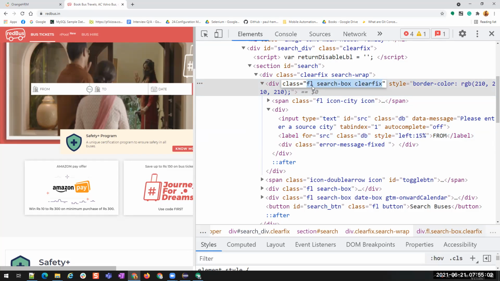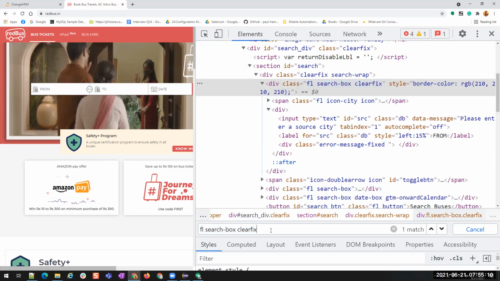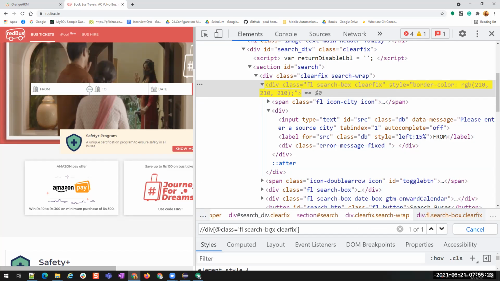Now I want to find an element using this class. Copying this, Control F. If it is XPath, then //div[@class='...'], with single quotes to represent everything, and then we are able to find it.